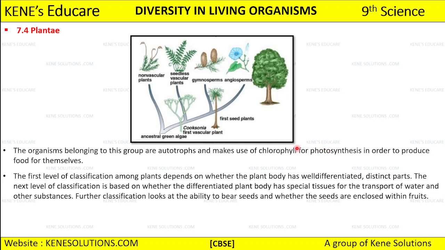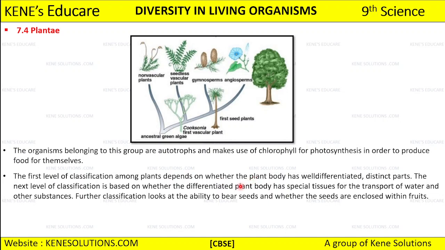Okay, so for making the food for themselves, you are aware that they have the photosynthesis process. When they are performing photosynthesis, they make use of the chlorophyll pigment as well. Okay, so the first level of classification among plants depends on whether the plant body has well differentiated distinct parts